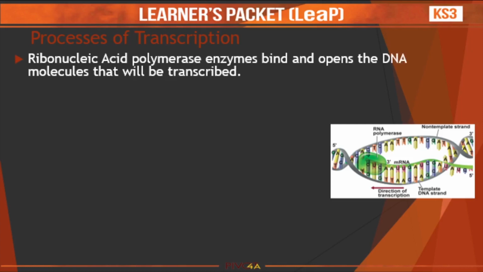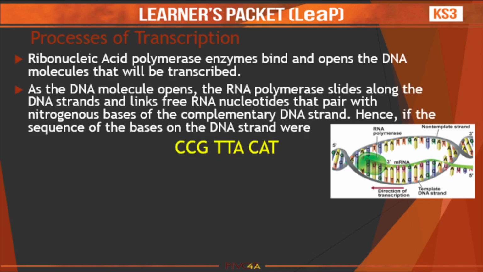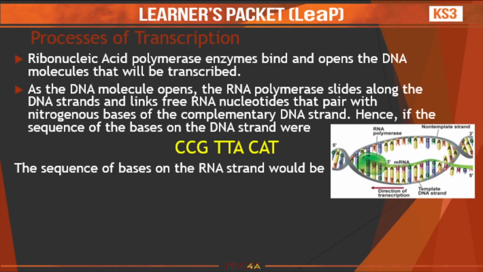We have ribonucleic acid polymerase enzyme that binds and opens the DNA molecule that will be transcribed. As the DNA molecule opens, the RNA polymerase slides along the DNA strand and links free RNA nucleotides that pair with nitrogenous bases of the complementary DNA strand. Hence, if the sequence of the bases on the DNA strand were cytosine, cytosine, guanine, thymine, thymine, adenine, cytosine, adenine, thymine, or CCG, TTA, CAT, the sequence of bases on the RNA strand will be, so